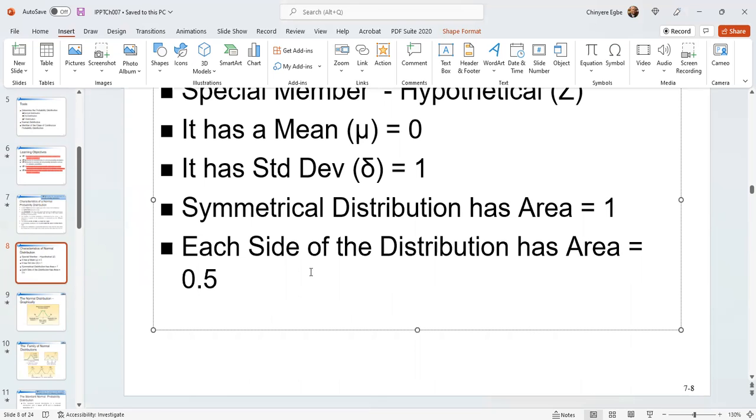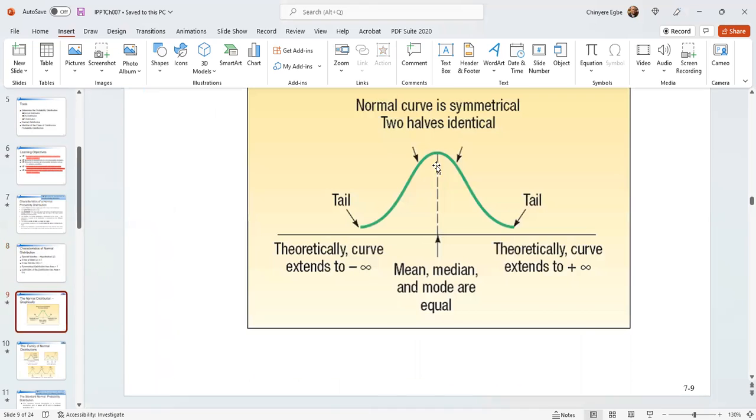If you look at this, it's divided exactly in the middle. The right side has an area equal to half. The left side has an area equal to half. And so if you go one step to the right,